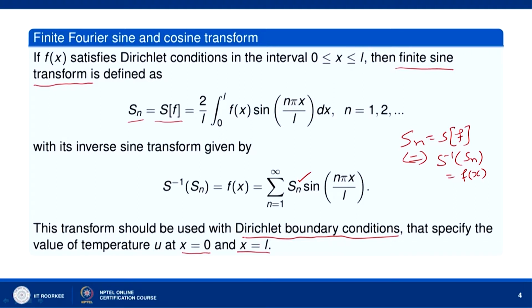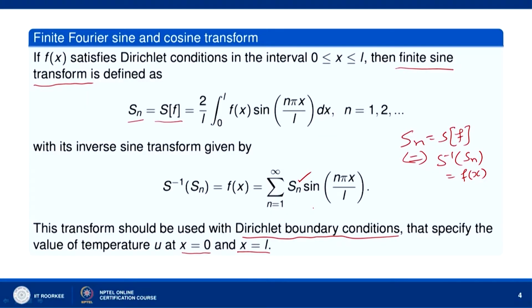This will be clear later, when we consider the partial differential equations, why we apply the Fourier sine transform in the case of Dirichlet boundary conditions. There, when we try to solve the partial differential equation, we will need to take the transform of u x x. If you have Dirichlet boundary conditions, you will apply the sine transform. If you have Neumann boundary conditions, you will apply the Fourier cosine transform, the finite cosine transform. So, the Fourier sine transform we will apply when we are given Dirichlet boundary conditions.